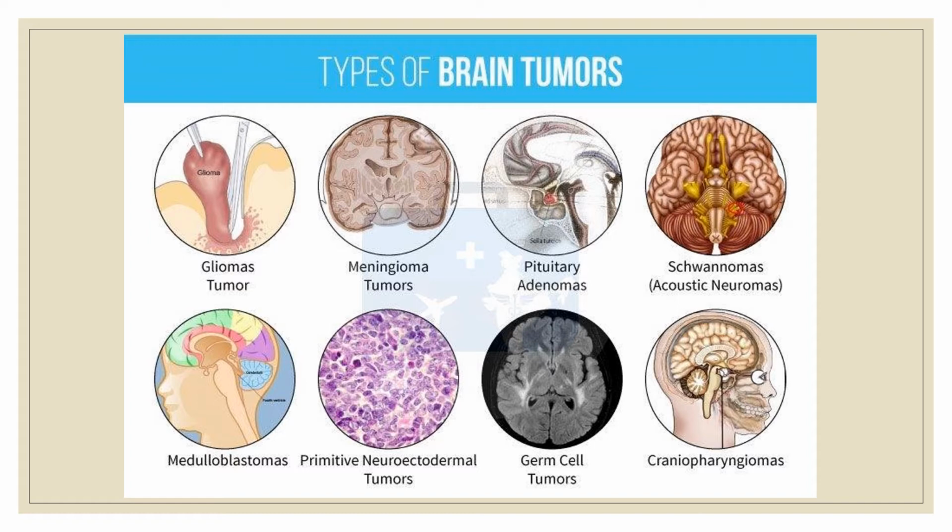Then we have the primitive neuroectodermal tumors. These are highly malignant and invasive. They usually metastasize to the spinal cord. And that's really the ones in the pictures that I would like you to know. I'm going to go over a few others that I want you to know that aren't pictured in the slide. There's the astrocytoma, made of glial cells and astrocytes. These are typically low grade to moderate grade. There's the ependymoma, made from the ependymal epithelium. They're typically benign to highly malignant, but most are benign and encapsulated.